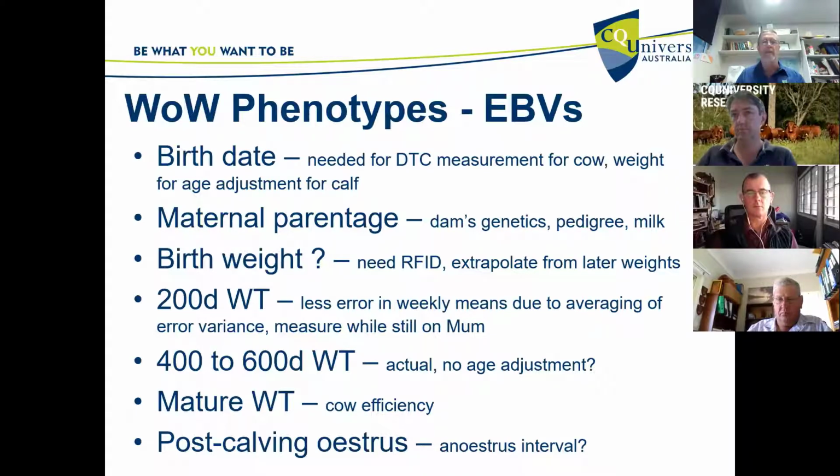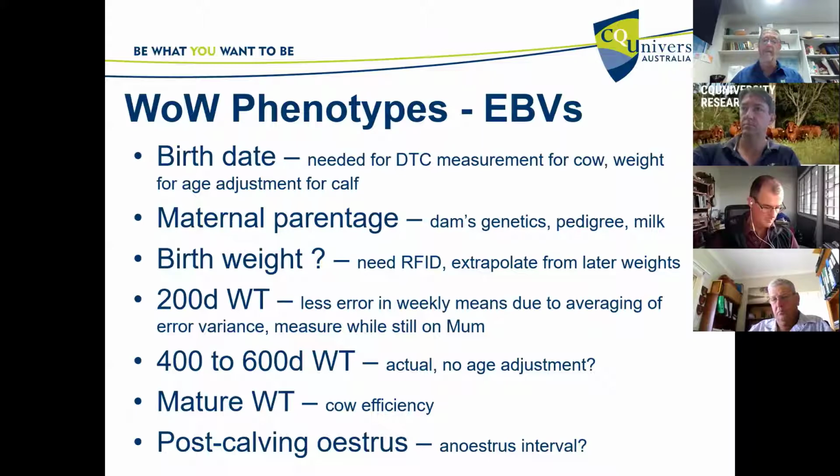It's the ability. Another advantage of walkover weigh is that we can actually take that measurement while the calves are still with their mother. And as I mentioned before, the weekly means might be involved with less error because of the averaging of the error variance of those traits. The advantage of having the measurement done while they're still on their dam might do away with the variance or the variability